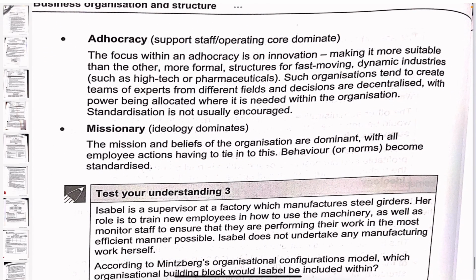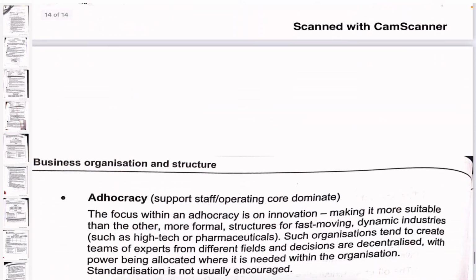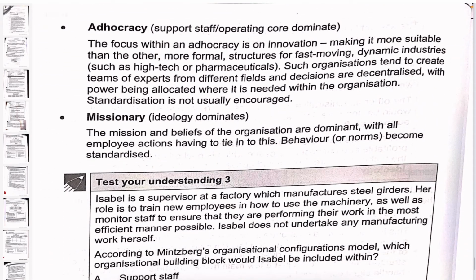The last two are left. So the first of the last two is adhocracy. In adhocracy, the support staff core dominates. So in adhocracy, there are two things. We saw the operating core dominates also in professional bureaucracy, but in adhocracy, support staff might also dominate, or operating